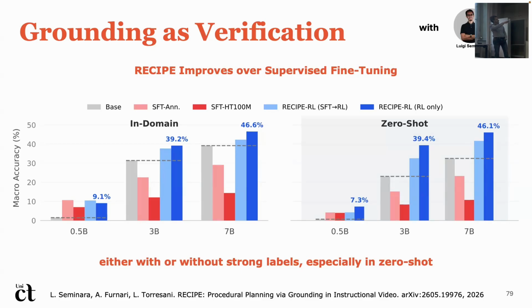And then what happens if we do supervised fine-tuning with HowToRun the million that is noisy? This is actually worse than using the clean labels, and this is expected, so this is consistently worse. And our model is what works best, and even pre-training our model with the supervised fine-tuning actually leads to worse results, because the data of HowToRun the million is too noisy. I mean, it's too noisy to do supervised fine-tuning, but it's good enough just for verification and to train with